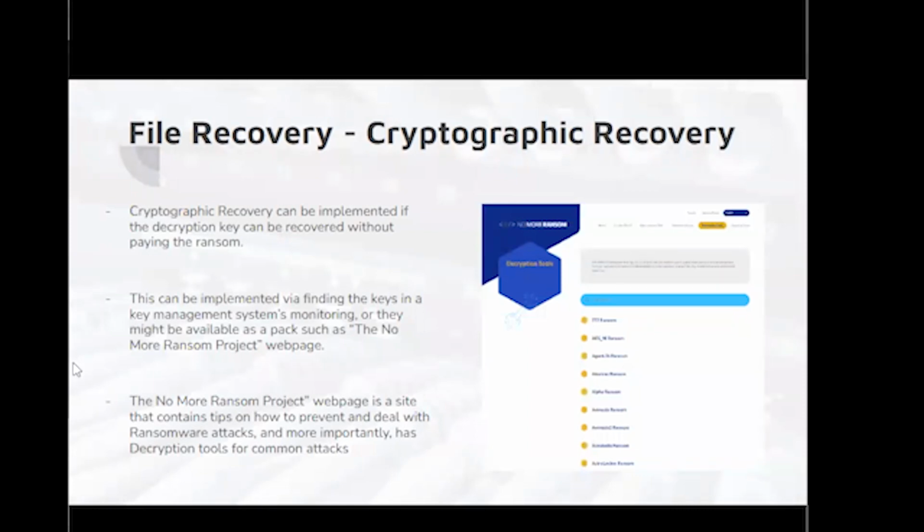This is a great way to gain hold of your data without the use of backups. There are two ways you can get the decryption key for your data. The first is to investigate your key management system's monitoring to see if the key has been sent to or from your servers. Second, there are tools like the No More Ransom Project, which is a great website that